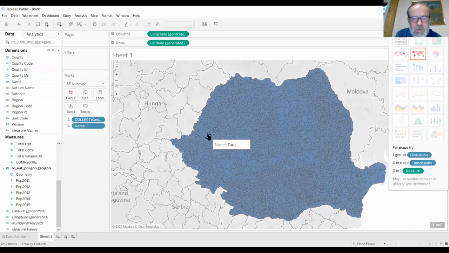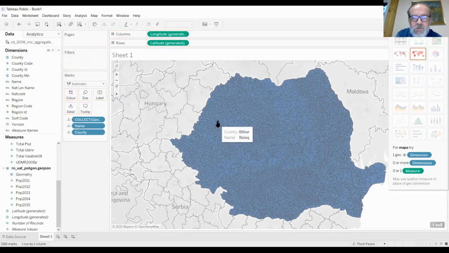Okay, and we might also want to know where each of these smaller units is located, as in which county. So you might also want to put county as an additional detail.